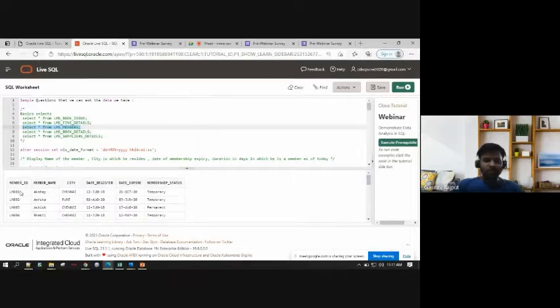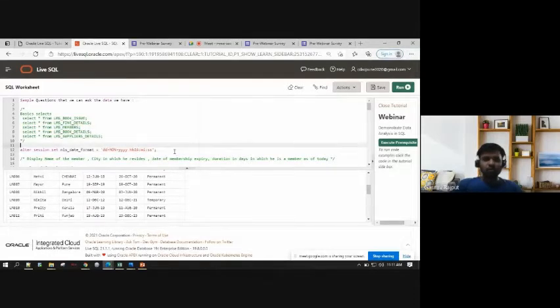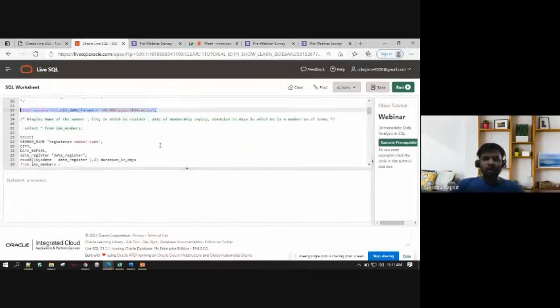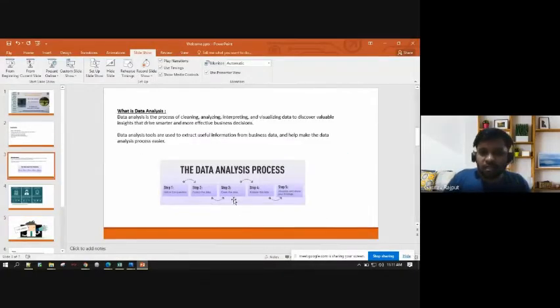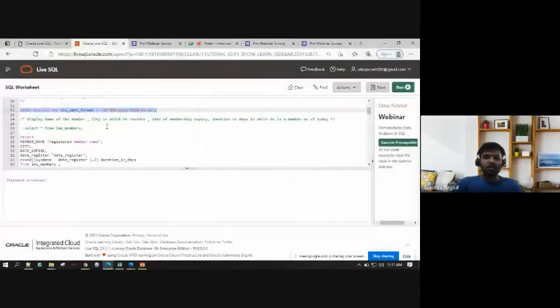here I have the same data set, right? LM001, Akshay, Chennai, and XYZ. So I have all this information here, right? So now let's say I want to ask a very simple question. So this is what we are doing in data analysis. Now we are at the step where we said that we are at step 3. We have solved the step, we have cleaned the data. So I'm presuming that we are at step 4 now, where I'm asking questions so that it could be visualized further, right? So I'm asking questions to the data now.